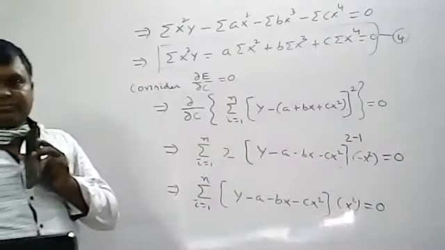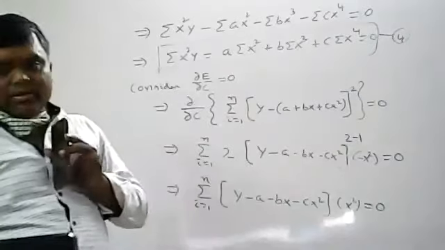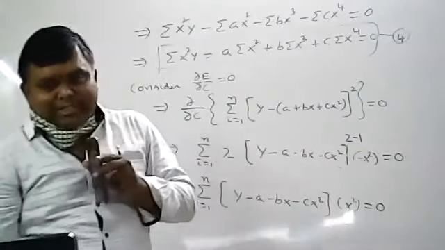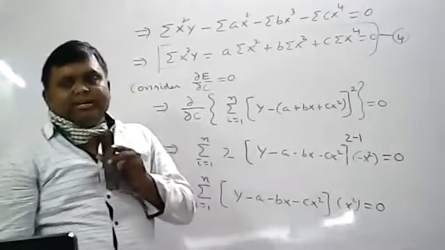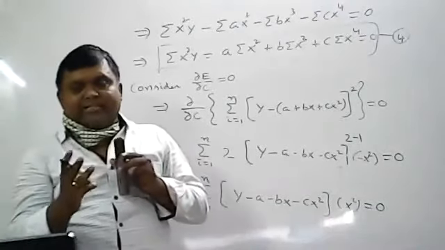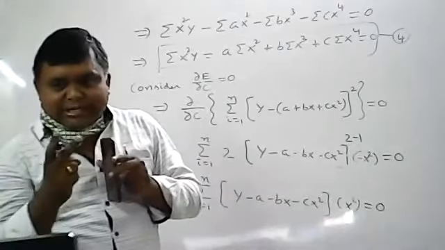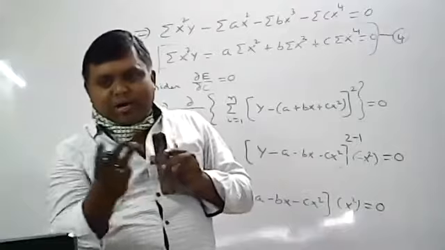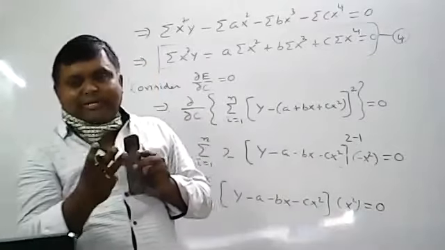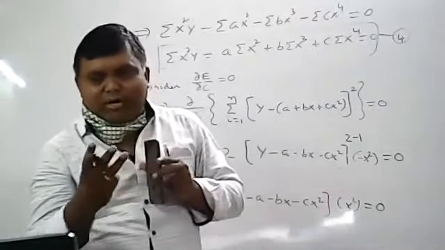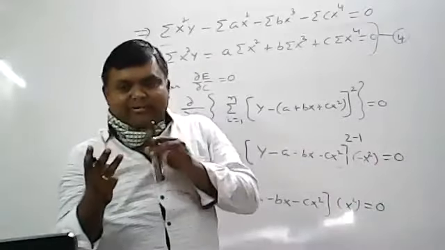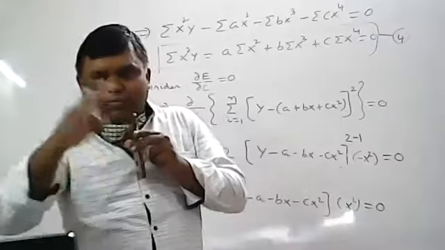Equation number 4. That means how many normal equations did I get? 3 normal equations. So yesterday, how many normal equations did you get? Only 2 normal equations. If you solve those equations, you are getting the a and b values there. Now, how many normal equations are you getting? 3 normal equations. So that means 2, 3, 4 are called normal equations to equation 1. If you solve these 3 equations, how will you solve? 1, 2 you will solve, or 1, 3?